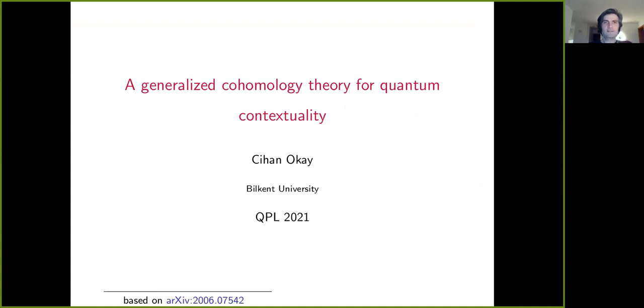I'll tell you about a generalized cohomology theory for quantum contextuality. In this talk, quantum contextuality is going to be state-independent quantum contextuality, which is formulated using linear constraint systems. The goal is to classify operator solutions of linear constraint systems using homotopy, and eventually using generalized cohomology theory. So I will introduce a particular generalized cohomology theory, which is going to be useful in classifying operator